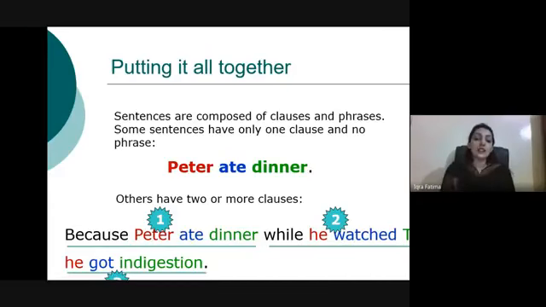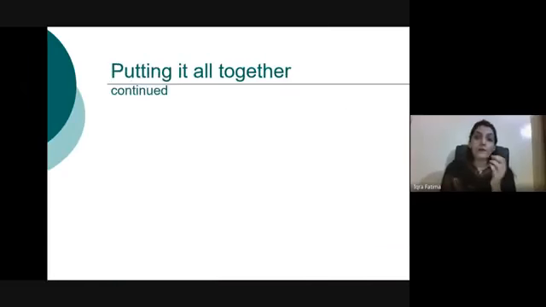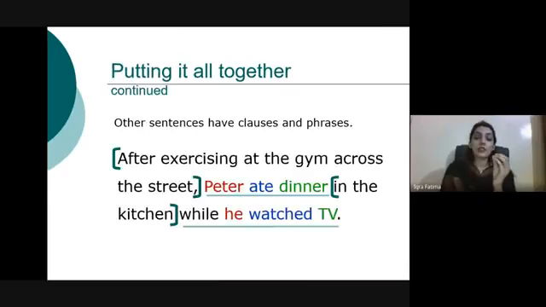So it's an independent clause. So a sentence could be carrying a number of phrases and clauses together. After exercising at the gym across the street, it's a phrase. Peter ate dinner. It's a sentence. In the kitchen,